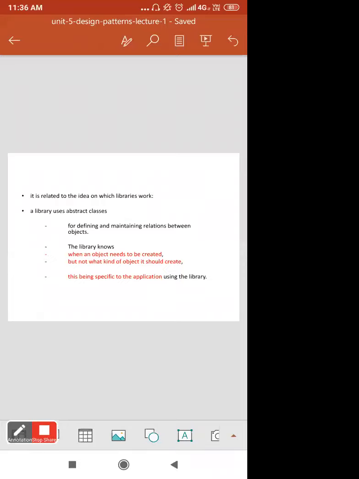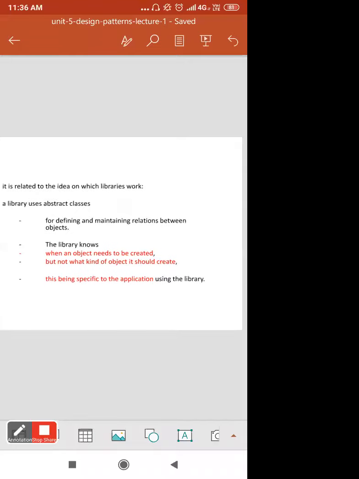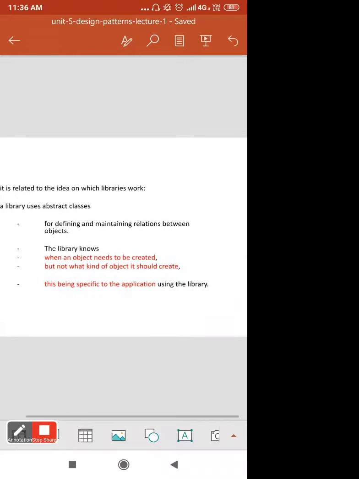It is related to the idea on which libraries work. A library uses abstract classes. So, at the start of this lecture, I told you that you should have basic knowledge of abstract classes and the concepts of object oriented programming. So, you should know about the abstract class.